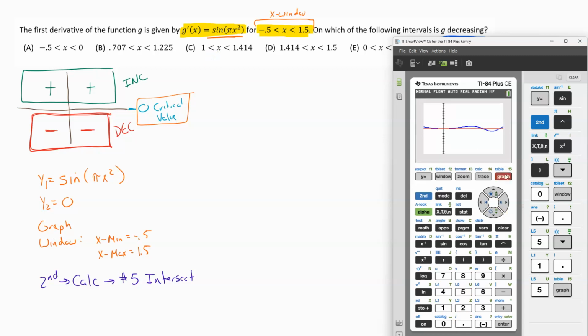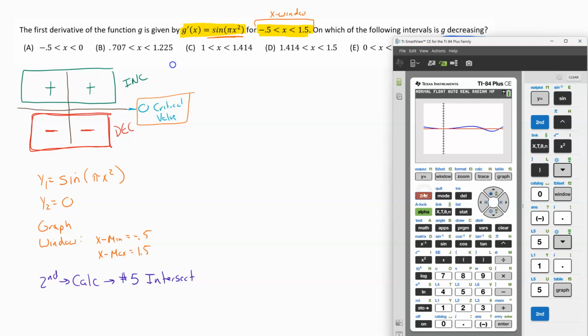And so what I'm looking for in this is the place where the graph is in the negative, because I'm looking for where it's decreasing. So I want to know, where is this graph down below the x-axis? Well, this graph is down below the x-axis starting at this point right here. It's down below and then stops being down below at this point right there. So to find what that specific interval is, that's when we use the calc intersect function of our